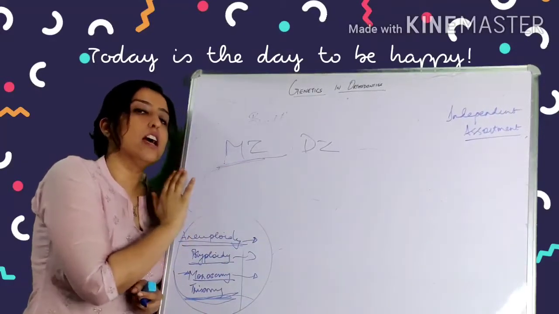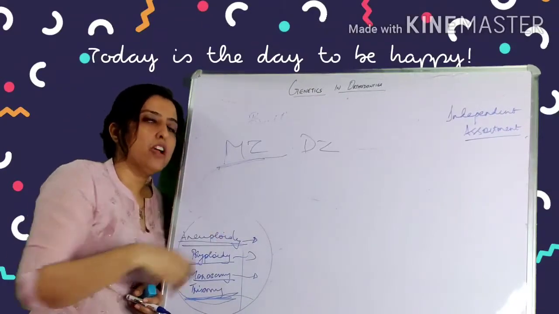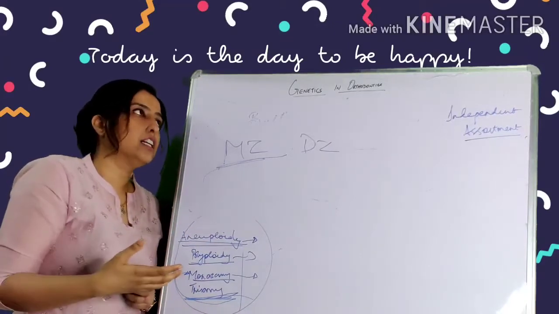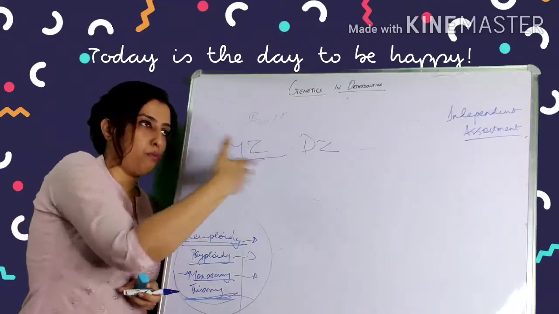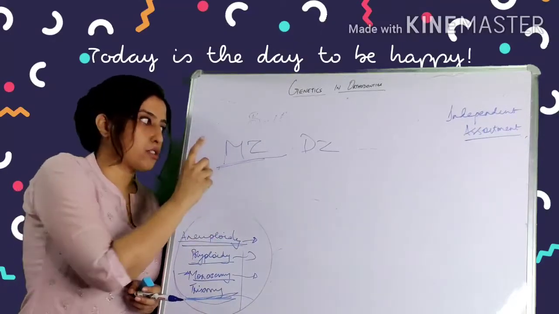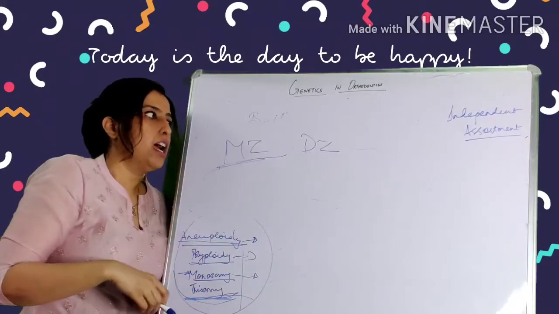So whatever changes there is due to environment. So many studies have been done on both of them. You can see the PPT. You just have to quote studies and tell the difference. What is the difference? What is the concordance? Concordance means if a particular trait is expressed in both after doing the study, that means that trait is concordant.